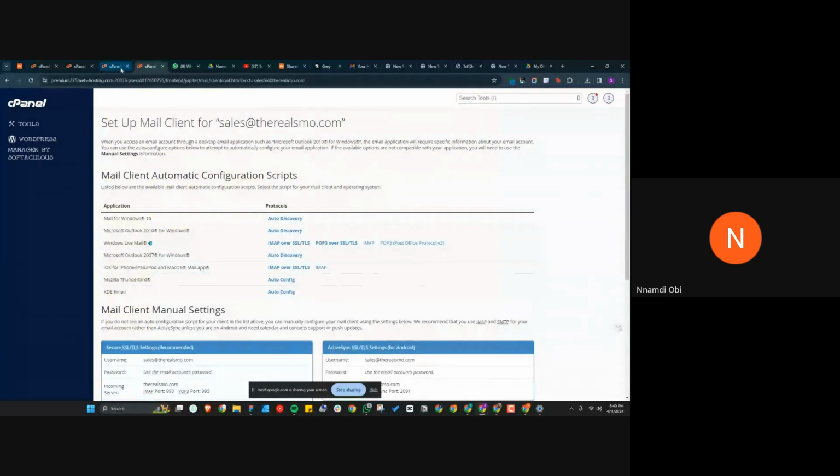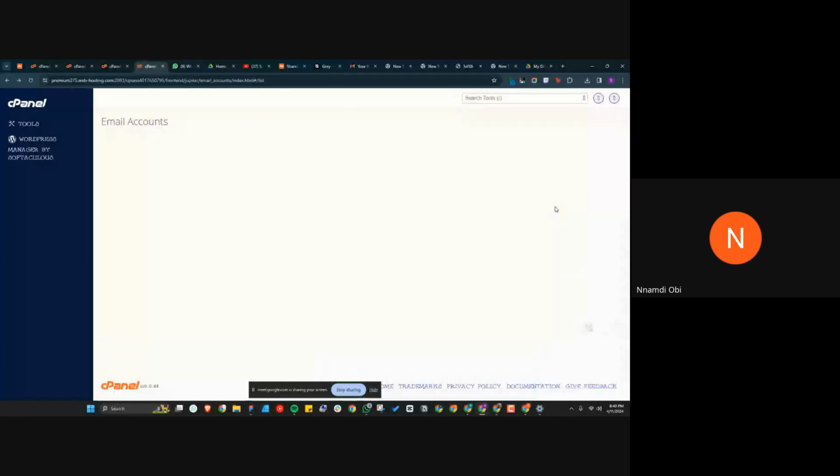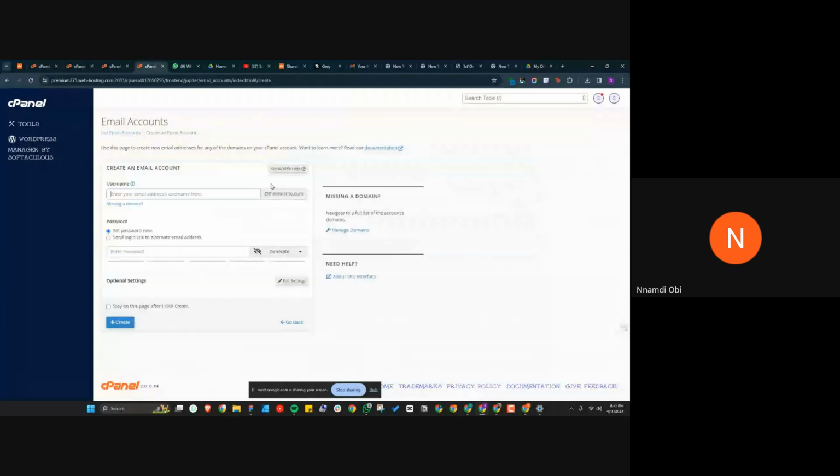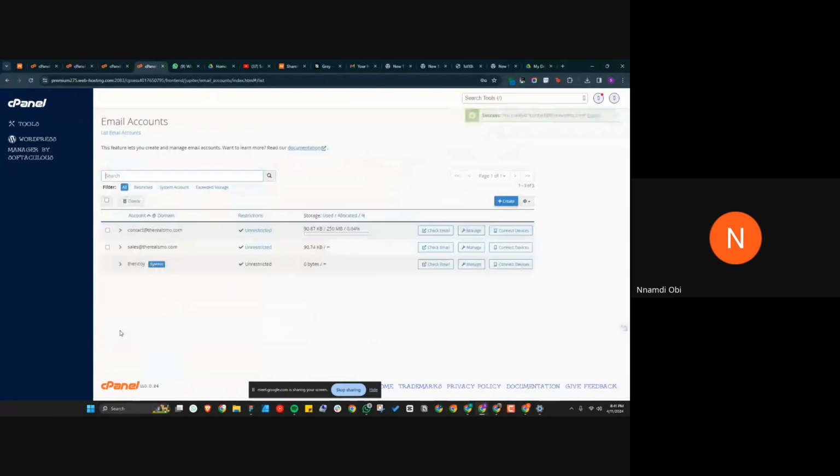Okay, so now that we understand how the email account works, we can always open multiple email accounts. So let's go back and create another email. You can create multiple. So create, let's say, contact at therealsmo.com, generate password, and create. Don't forget to increase the space. Well, I didn't save the password for that one, so I might even have to delete it at the end of the day. So manage,